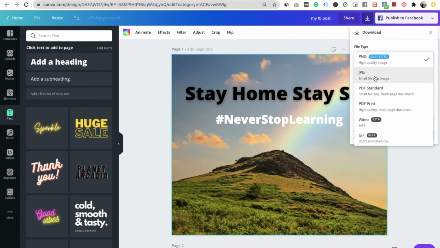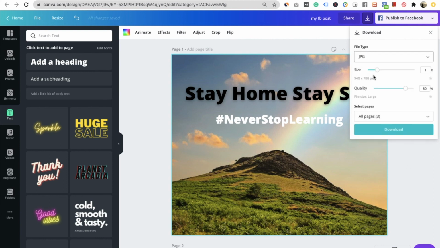Usually I choose JPG if I have to upload it on a website due to small size. You can choose PNG if you are looking for a high quality image, and a PDF if you want to use it as a PDF. You can create it into a video as well. You can create a GIF file as well.